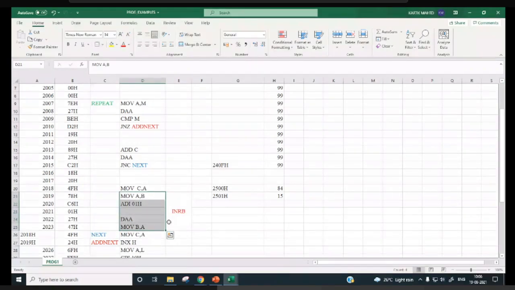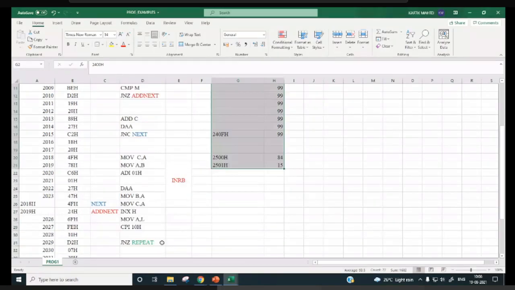So should I stop over here? Anyone having doubt related to this program and any instructions? You can see one logic we have developed over here. We are not using a count value of say 16 to count the number of bytes. We have used the memory pointer, the lower register, L register content, how many times it is incremented.